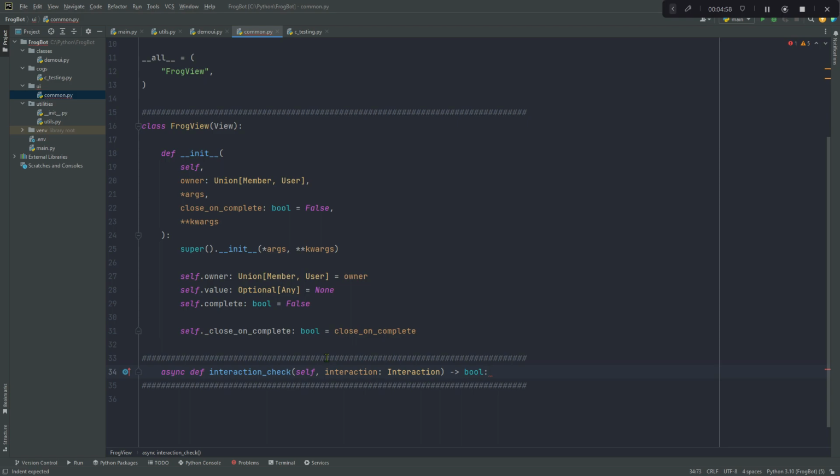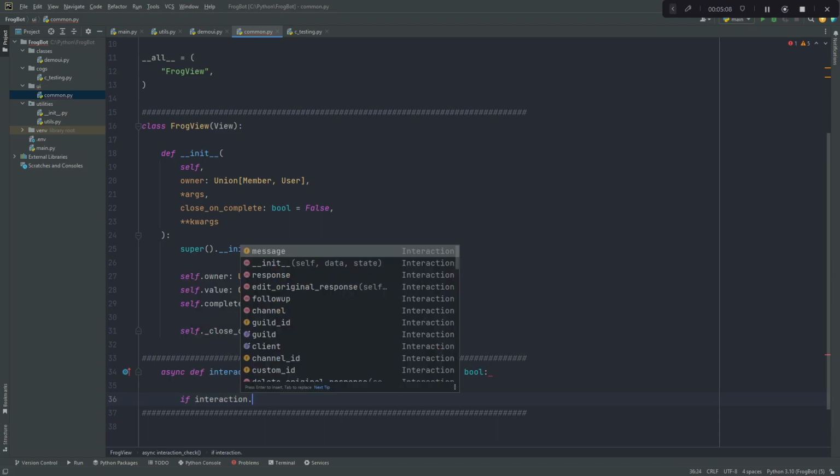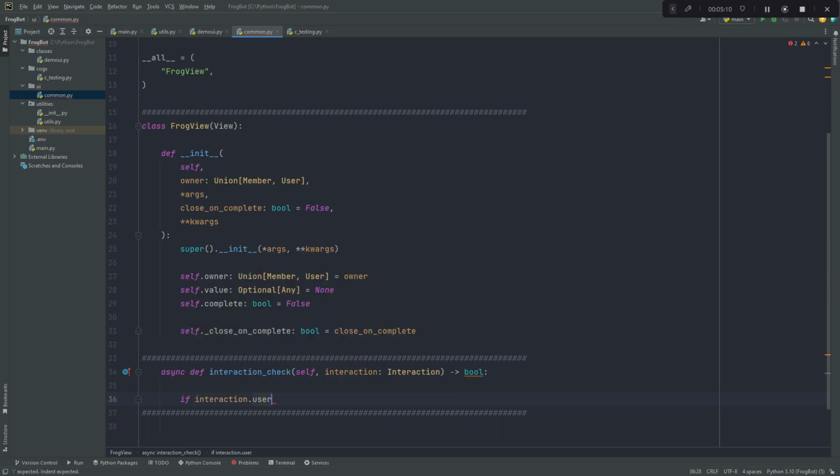So if we have a button click, we're going to do the interaction check before we actually process any of that callback. So if interaction.user, because we have the interaction right here, it gets passed in automatically, equals self.owner, which we pass in at the instantiation of the view,